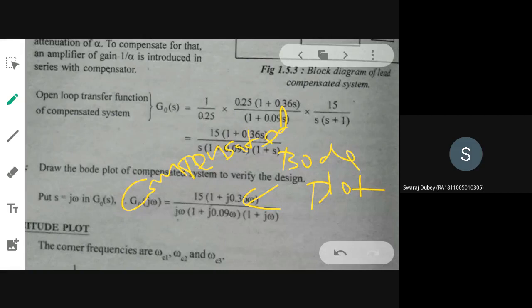So you will be lucky if you are having a lag compensator problem. Suppose you are having a lead compensator, how many plots do you have to draw? Two plots. If it is lag, you simply substitute that omega GC value, and if it is equal to your desired value, you will stop. But here in this case, you have to use the open loop transfer function and draw one more plot by following the usual procedure for a Bode plot.